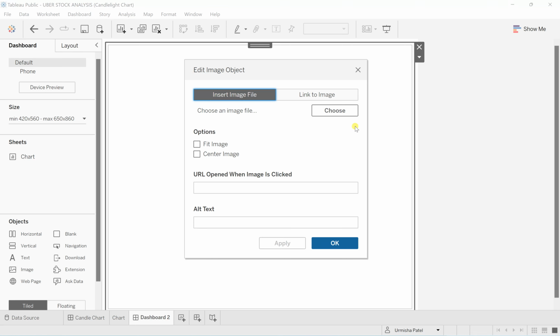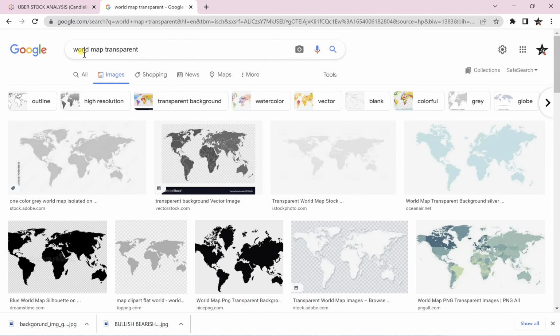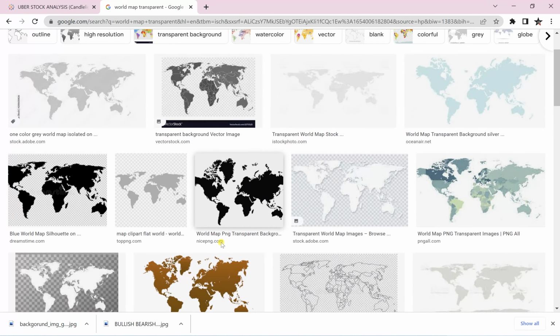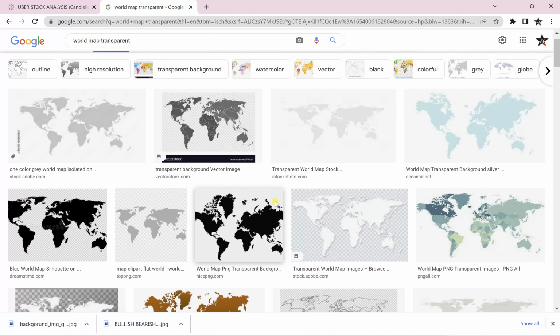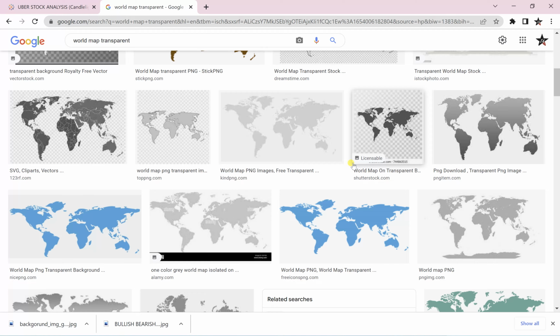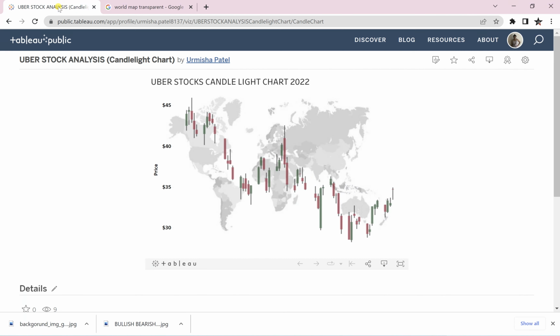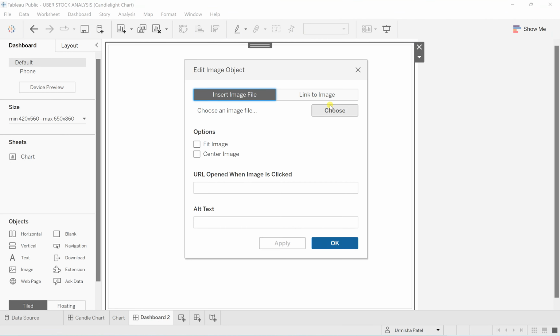So for that, I have already downloaded this image, but you can also download one. Let's say search for a world map transparent. So you can have any number of options in the way you want to make your background image look cool and decent. So I have chosen something which is very dull in color so that it makes my whole chart more appealing. Since I've already imported it,